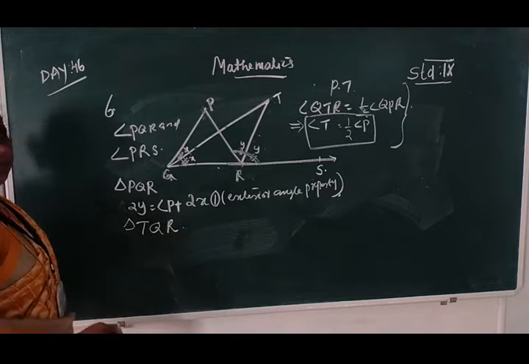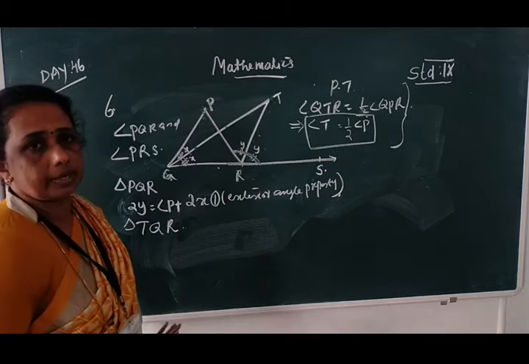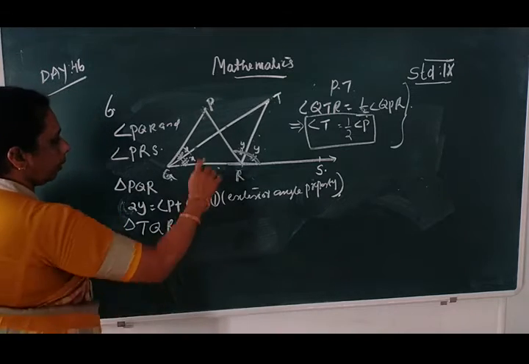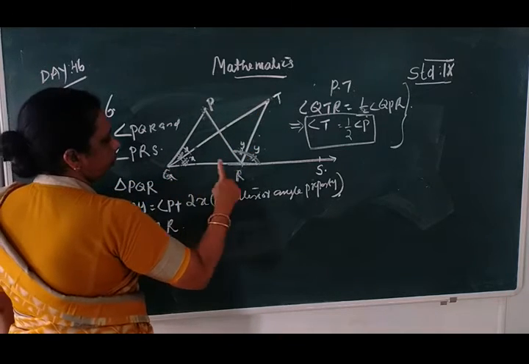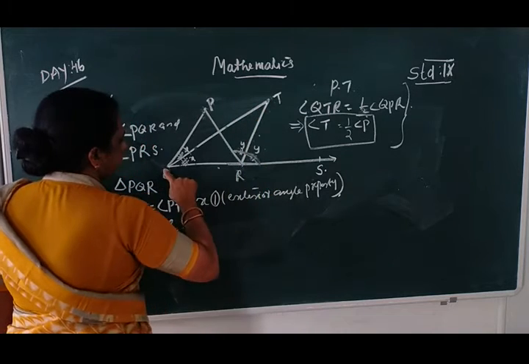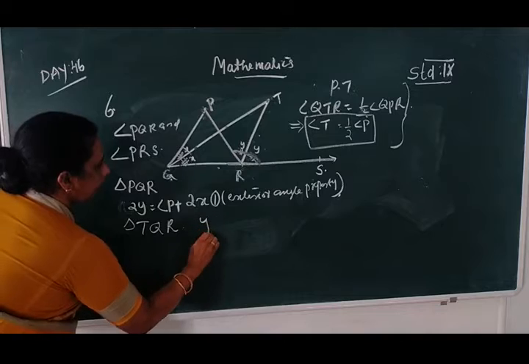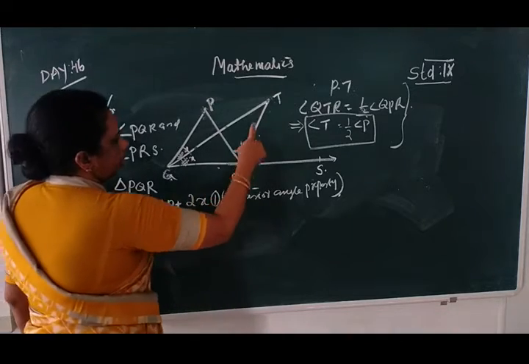This is a very easy method. Otherwise, we can use so many steps. Only using the exterior angle, we will get the answer. Angle TQR is the exterior angle. Consider angle TQR. This is the exterior angle here. That is, y is equal to